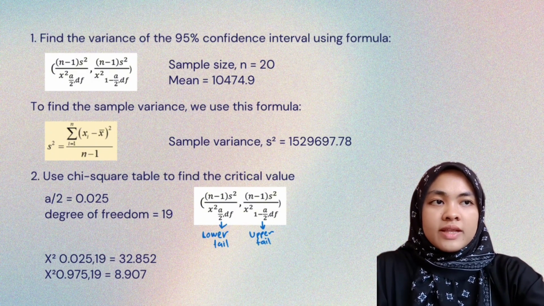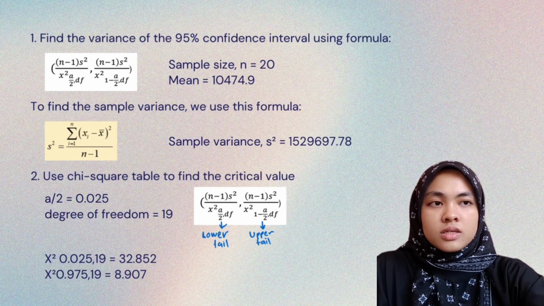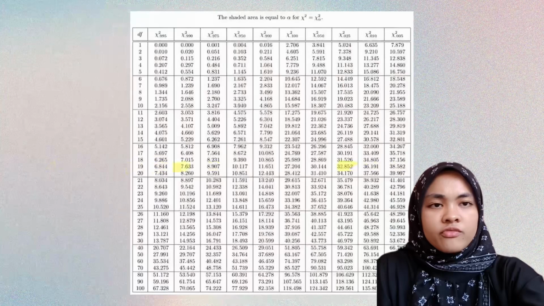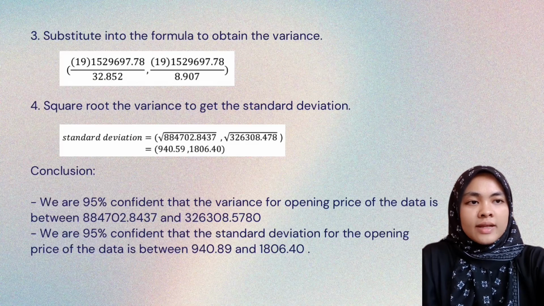And then we know that the confidence level is 0.95 in the question. So for alpha over 2, we will get 0.025. So just find in the chi-square table the critical values, one for the lower tail and one for the upper tail. And then we already have the values for the degrees of freedom and S squared. So just substitute the values in the formula and you will get